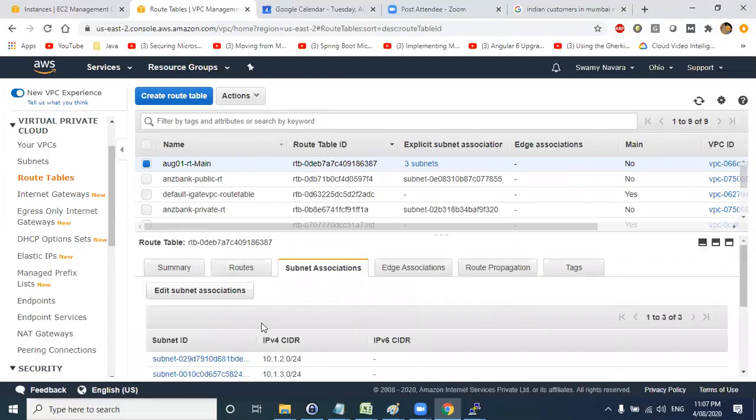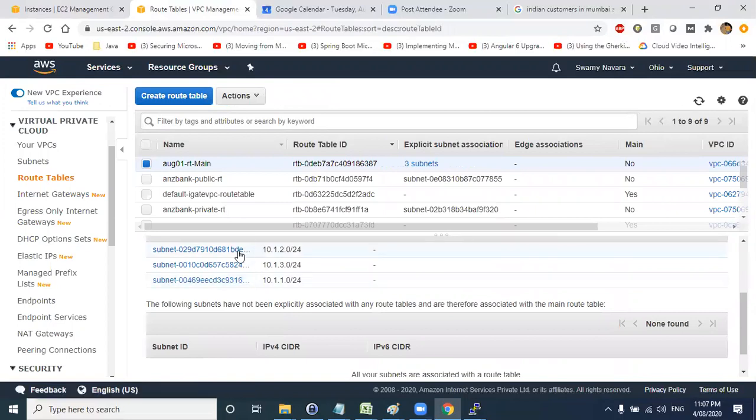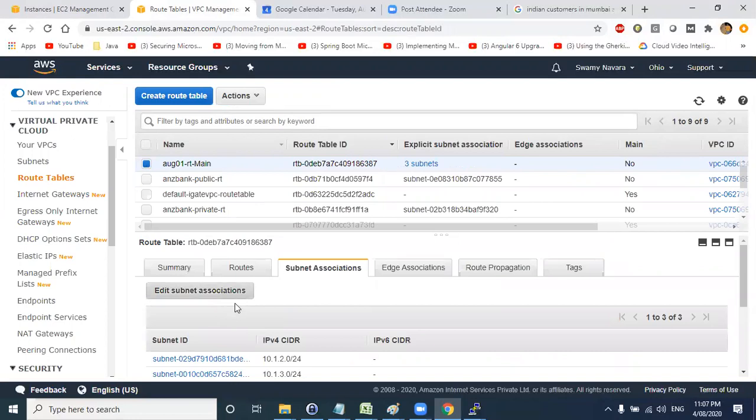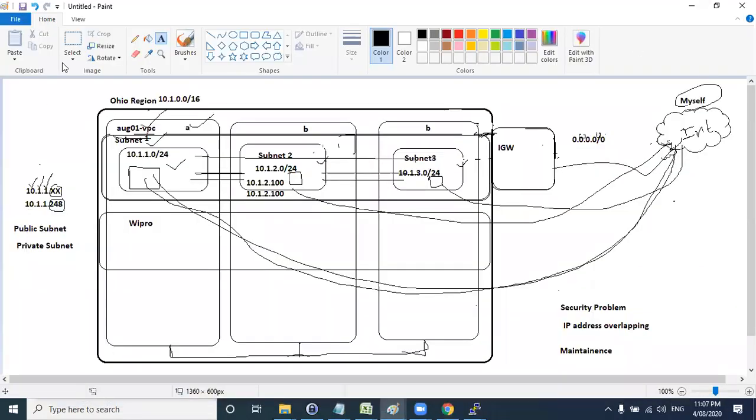But if you see here, we have associated all the subnets, subnet 1, subnet 2, subnet 3, into this particular route table. So all the subnets will be public subnets by default here.